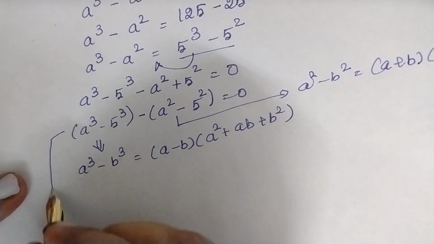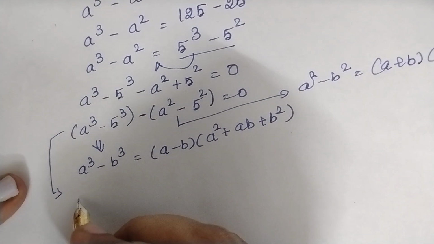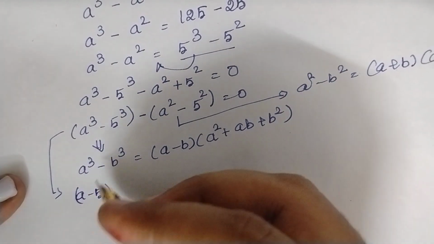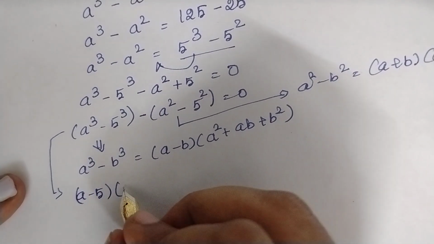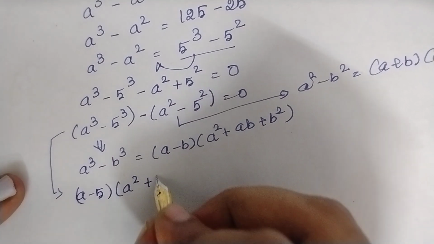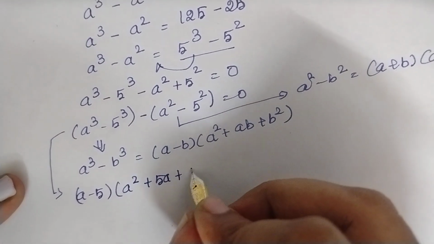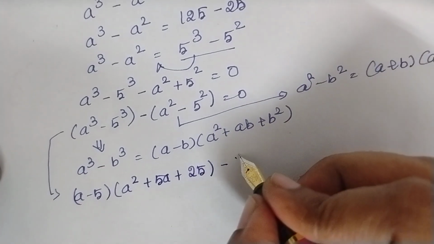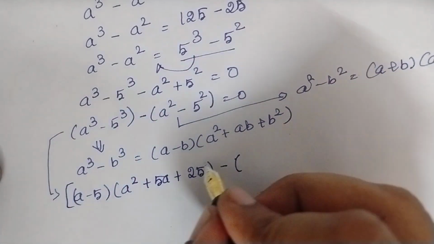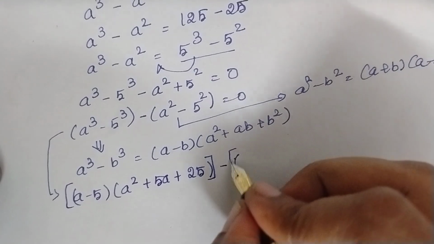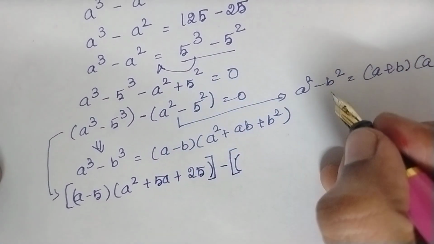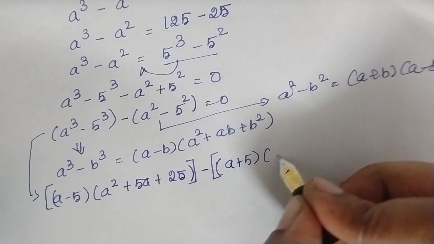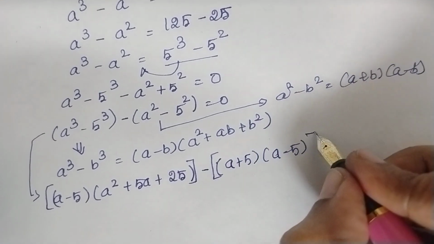Therefore this becomes a minus 5, so just replace b as 5, into a square plus 5a plus 5 square is 25, minus of, so keep a square bracket to separate that, this is in the form of a square minus b square, so a plus b into a minus b, therefore a plus 5 multiplied by a minus 5, okay,